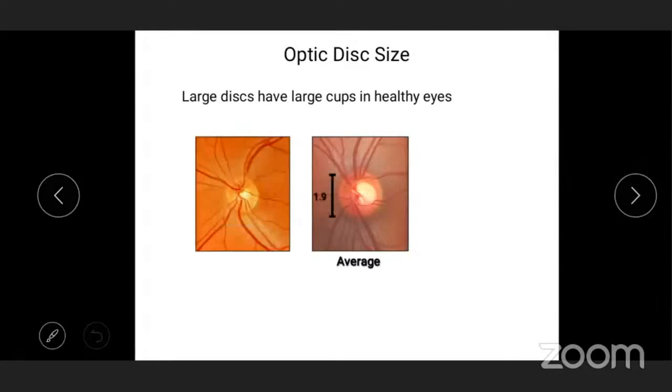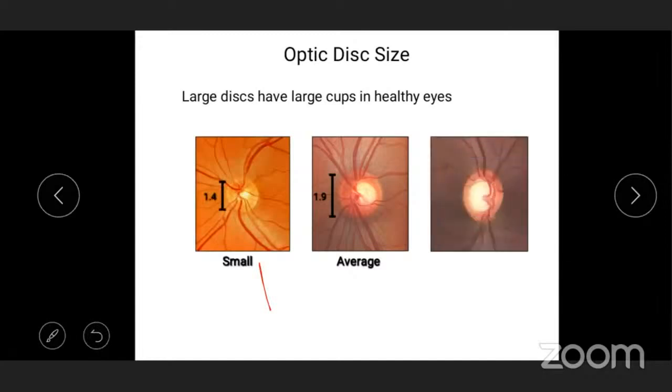So the optic disc size, I told you 1.5 millimeter is the normal one. And you can see when you compare with the small disc, this one is a small one, and the large one, in which, because in the large disc, the scleral canal is large, that is why it can be a large cup, which may not be abnormal. This looks like glaucomatous, but actually this is just a large cup in a large disc size.